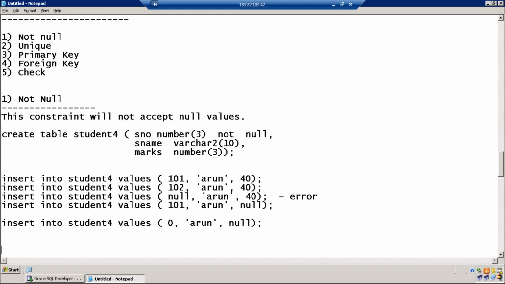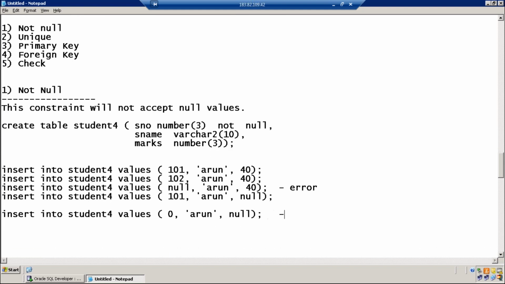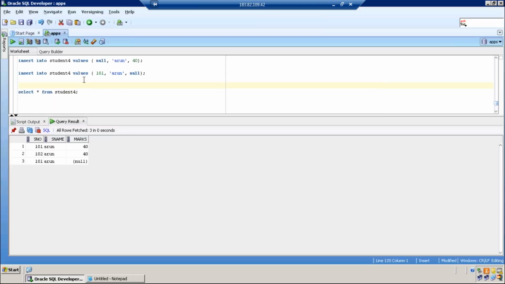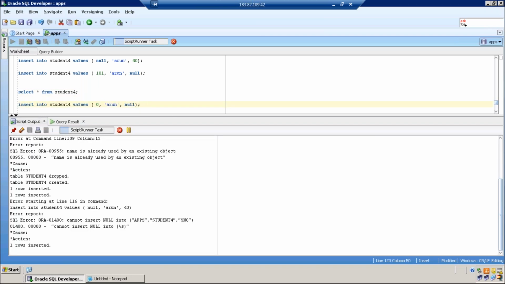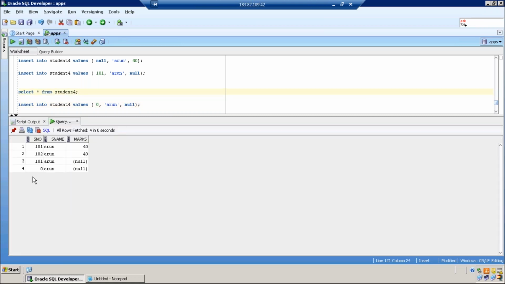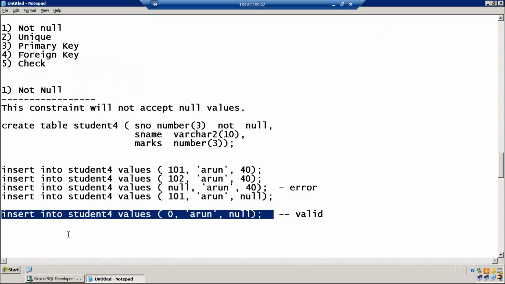It is accepted, valid. One row inserted. 0 is a value. Only null will not be accepted.